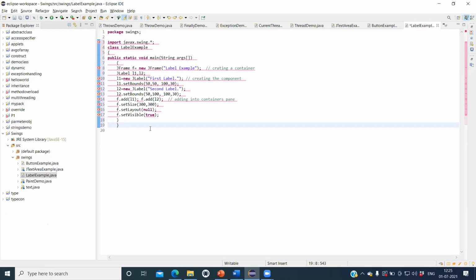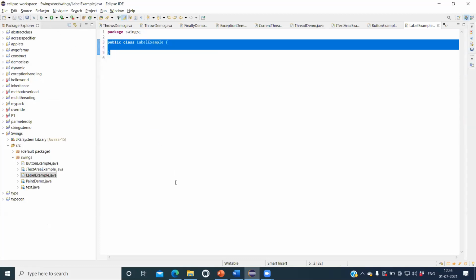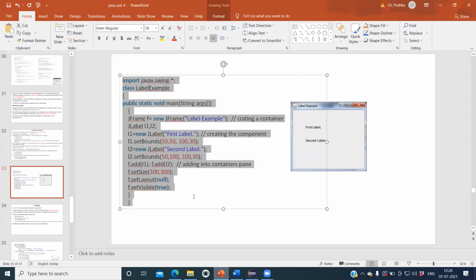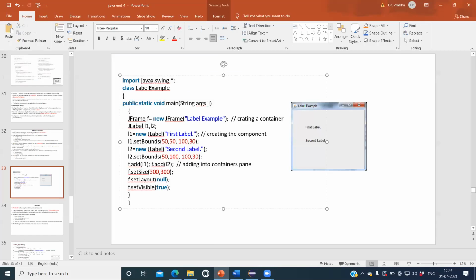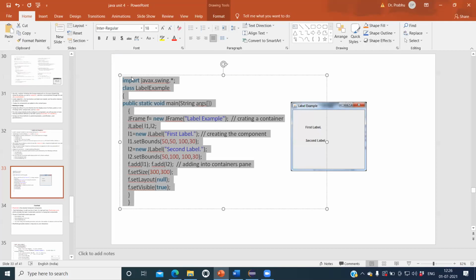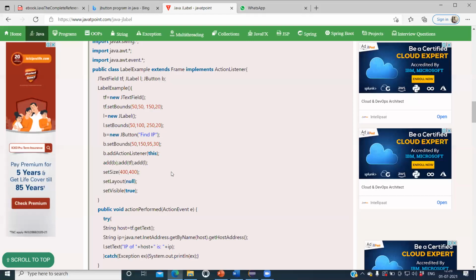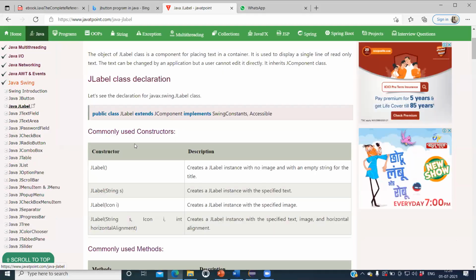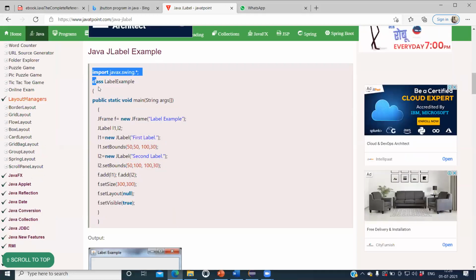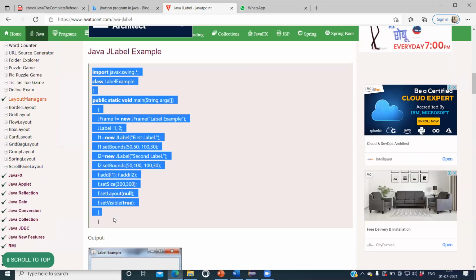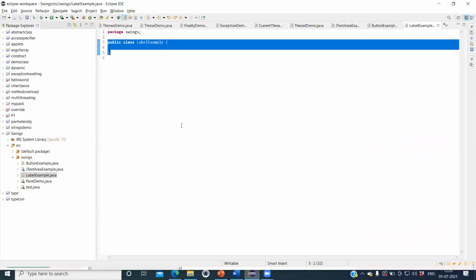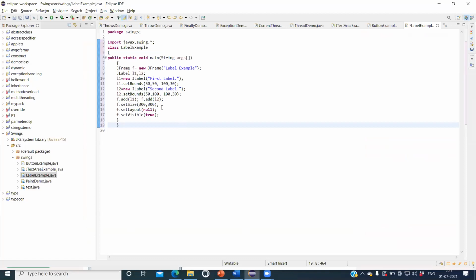Here we created one container with two labels, and the labels' information has been displayed.